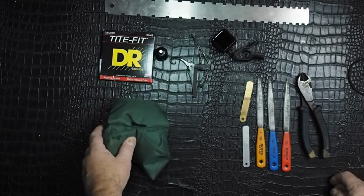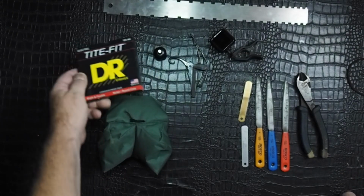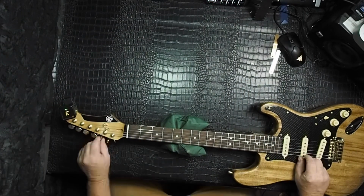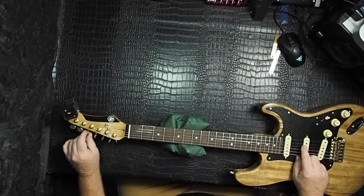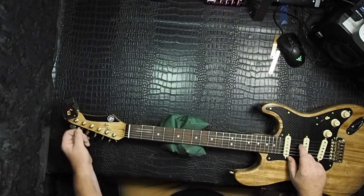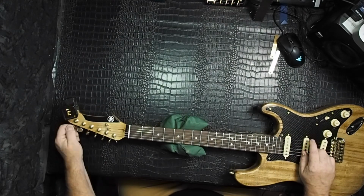I forgot to put in here too, you have to have a couple Allen wrenches. You're going to need your Allen wrench for the saddles and your Allen wrench for the truss rod. But let's get these strings on and get started on this whole thing. So once we get the strings on, I will tune it up to pitch and get everything right there. That way you got the correct tension and everything that you need to be able to see the correct height